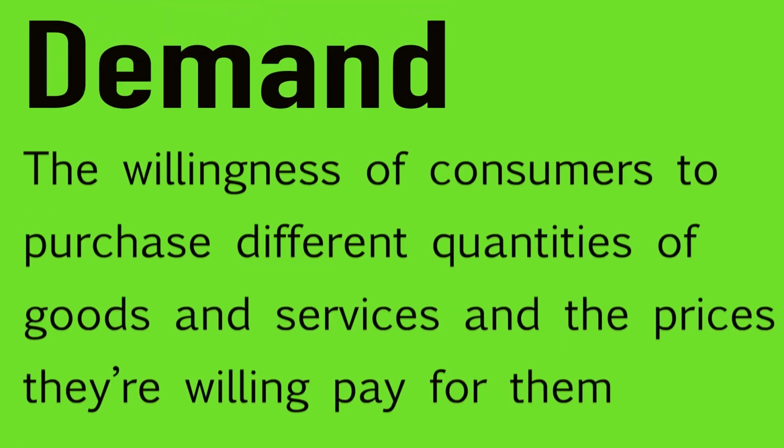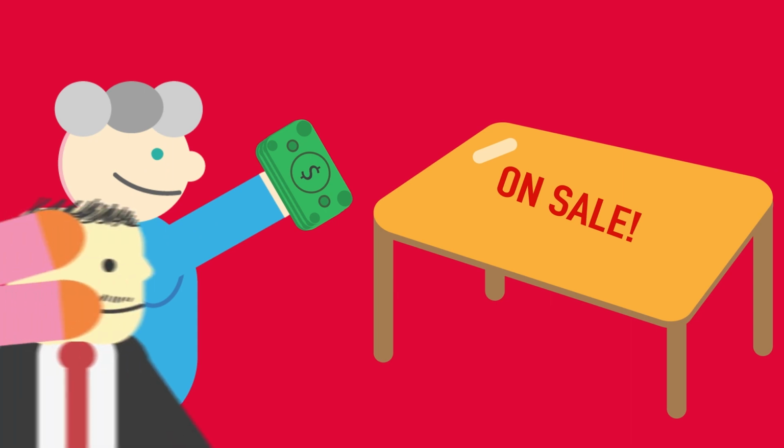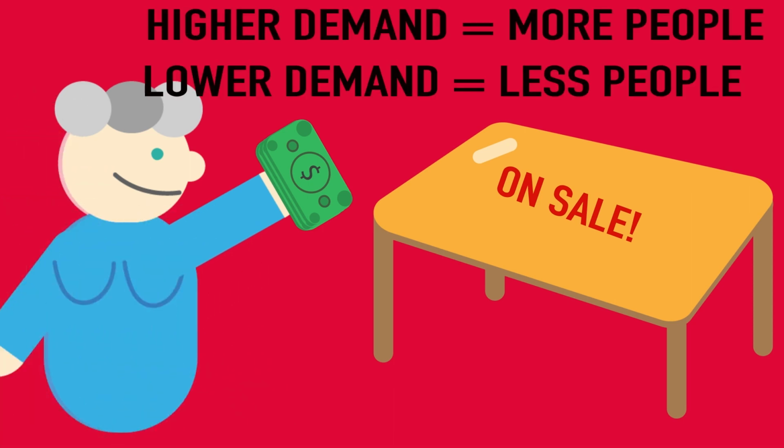Demand, simply put, is the willingness of consumers to purchase different quantities of different goods and services and the prices they're willing to pay for each of them. We hear this word thrown around a lot when we talk about prices of things we want to buy. When there's a higher amount of demand, then more people want to buy a good or service at that price level. And when there's a lower amount of demand, fewer people want to buy that good or service at that price level. The specific number of goods and services demanded at certain price levels is known as the